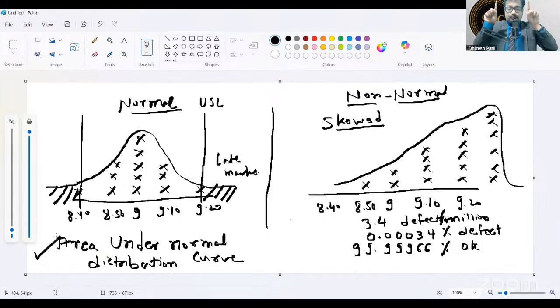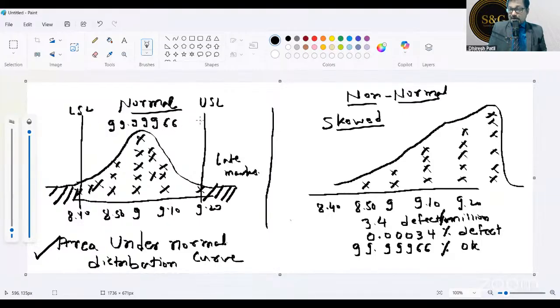In the Six Sigma process, the area under the normal distribution curve, that means this crossed area, understand this, is 99.99966 within the specification, lower specification and upper specification, and what is outside this area, the shaded area here, is actually 0.00034. How many of you got it? Just type yes in the chat box. This is in percentage. Both in percentage. And this precise calculation is done with the area under curve calculations formula.